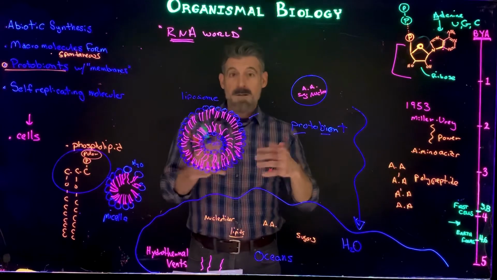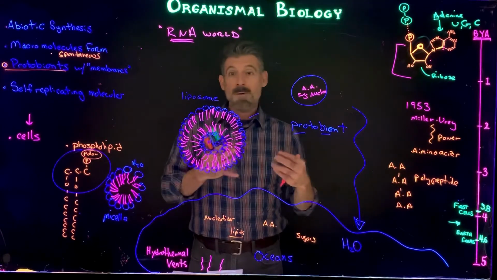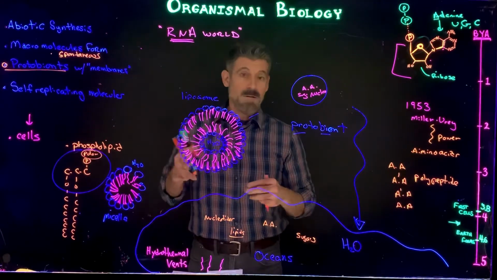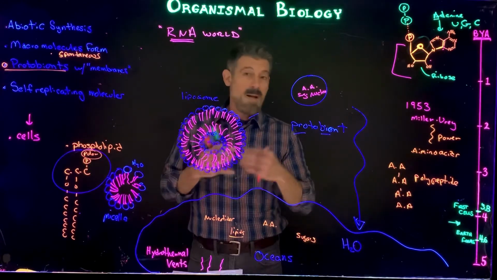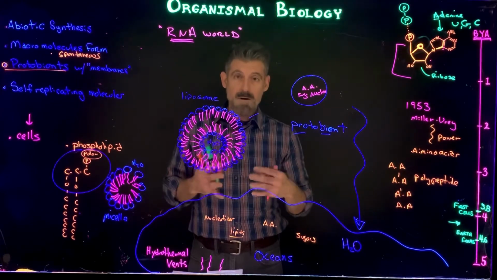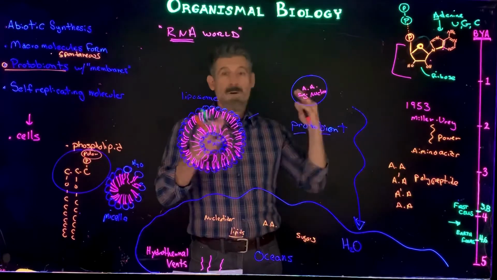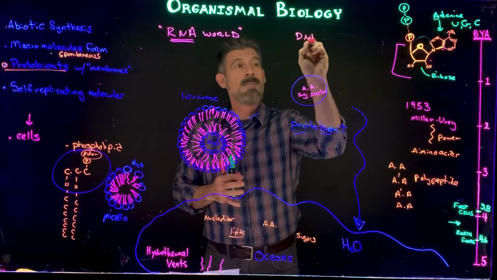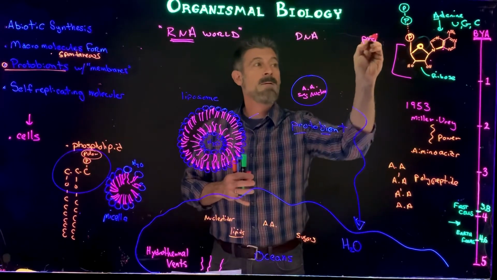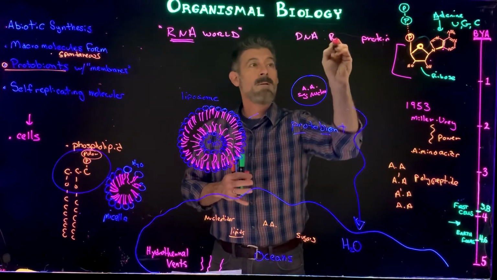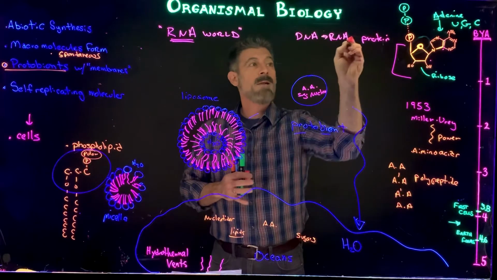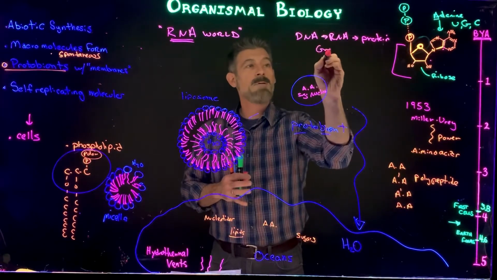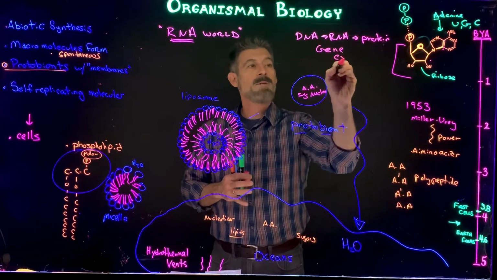We have RNA in our cells. All living things have RNA. Some organisms only have RNA. So a virus, there are some viruses, for example, that are RNA viruses. They have no DNA whatsoever. They only have RNA. But for us, RNA is sort of the intermediate between DNA and protein. And in between is RNA. And for us, this is a process we refer to as gene expression,